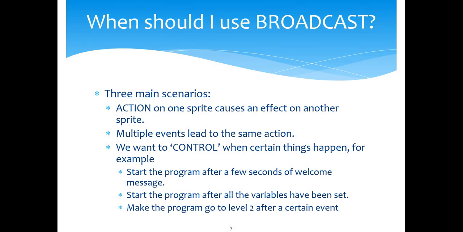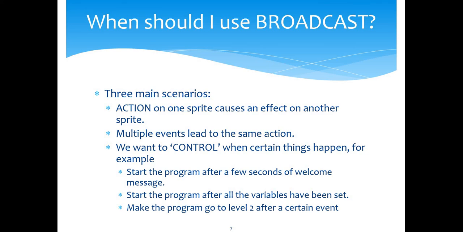For now, remember, broadcast is a mechanism for sprites to talk to each other, to communicate with each other secretly, right? A sprite can send out a broadcast message. However, broadcast is also like a telephone, never complete with just sending. Sending a broadcast is saying, okay, look, I shouted, but nobody heard me. So somebody should also listen to it, and that you do by saying, when I receive a certain broadcast message, then I take some action. That completes the cycle of broadcast.